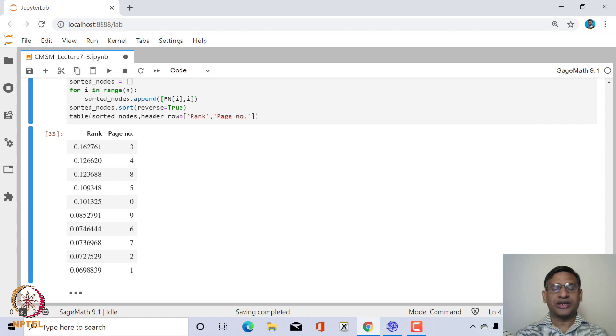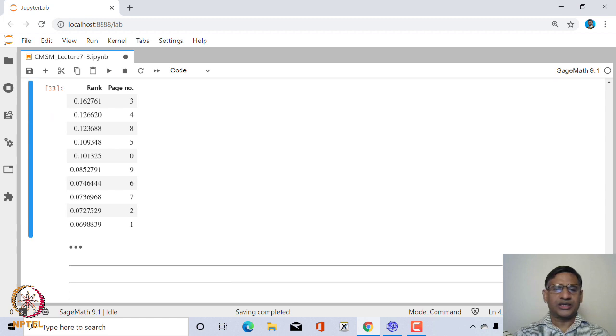There are lots of other applications of linear algebra. In fact, linear algebra is full of applications in science and engineering, but we covered some of them, not all, and you can refer to some standard books on linear algebra. They will give you other applications. For example, one book which you can refer to is by Anton, Linear Algebra and Its Applications, and this has a chapter of about 20 applications.